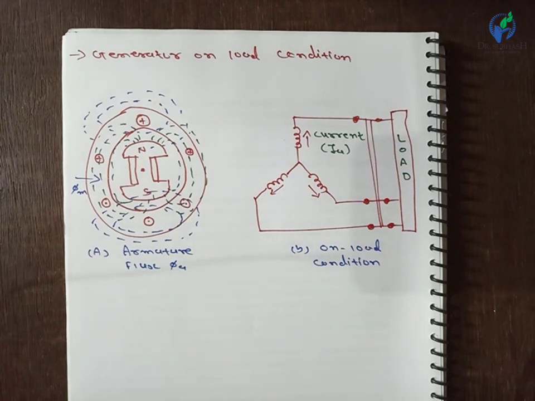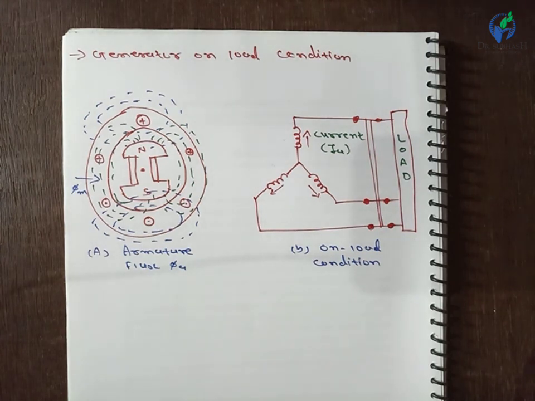The phasor relation of the armature current with EMF depends on the nature of the load. The load may be resistive, inductive or capacitive, and hence the load power factor may be unity, lagging or leading. Hence the current IA may be in phase with E for a unity power factor, and it may be lagging or leading E for a lagging or leading power factor condition of the load.